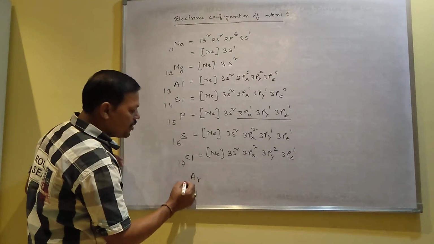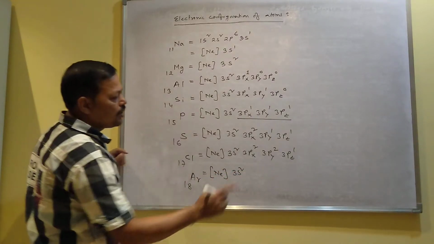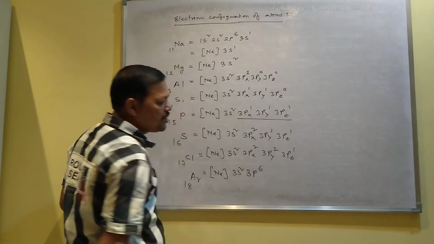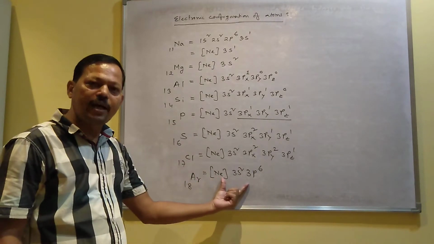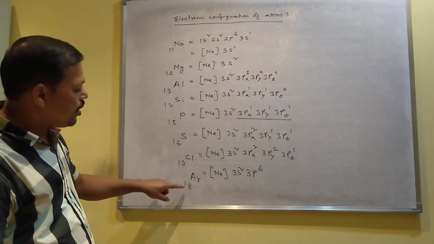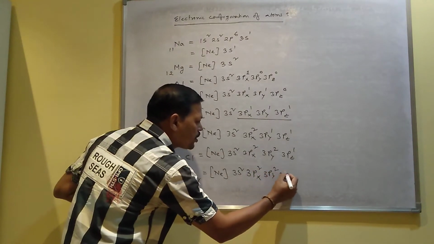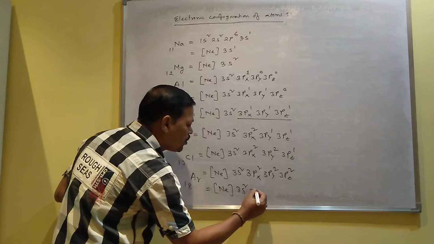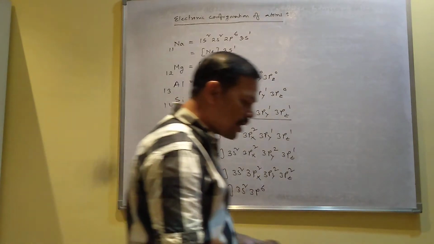After chlorine, you will get argon, 18: neon, 3s2. Now here 2, here 2, now here also 2. That's why directly you can write it as 3p6. And this is also a noble gas, a fully filled configuration. That's why its electronic configuration is highly stable and represents the noble gas. So this is up to argon. You can write this way also: 3px2, 3py2, 3pz2. Ultimately you can write neon, 3s2, 3p6. When it is filled up, then directly you can write 3p6. So this is up to argon.